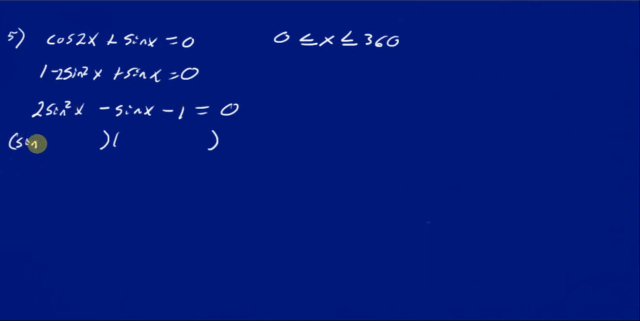This has to be the sine of x. That means 2 sine of x has to go here. 1 has to be 1 and 1. 1's plus, 1's minus. I need a negative sine x. So there's my minus 2 sine x plus 1 sine x. Sine x minus 1 is equal to 0. Add the 1 over. Sine x equals